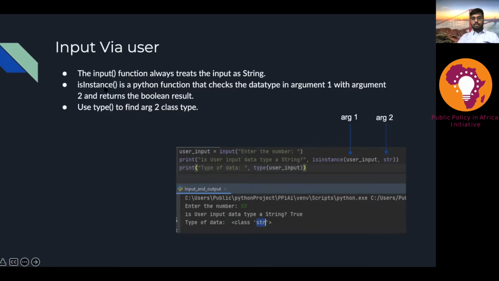So if we want to switch between data types, we have to use isinstance to check that the data type in argument 1 is the same as that of argument 2. And if it's not, we can also use the type functionality to find out the type of the class. So